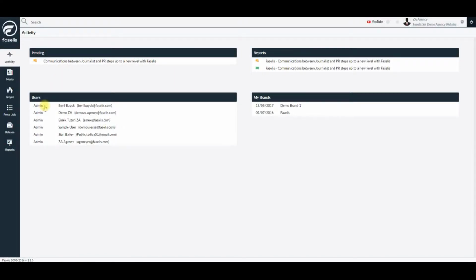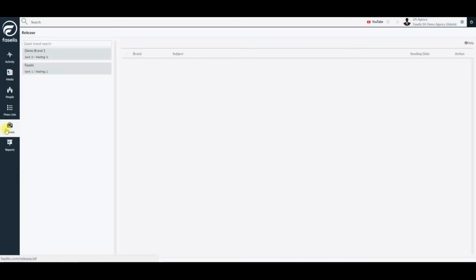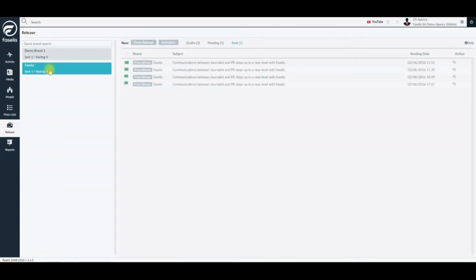Release tab. When you click on the Release tab on the left, you see the list of the brands you have authorization for. If there are a lot of brands you are authorized for, then you can use the Quick Brand Search tab. When you click on the brand that you want to send a release from, the system opens up the Send folder automatically and brings up the press release and invitation list that were sent out for that